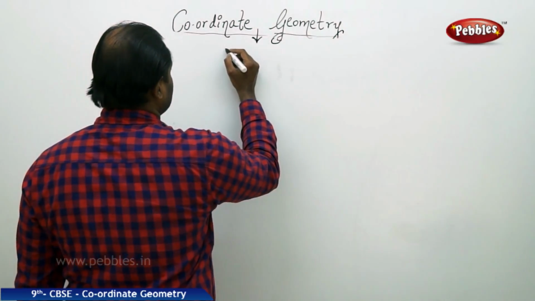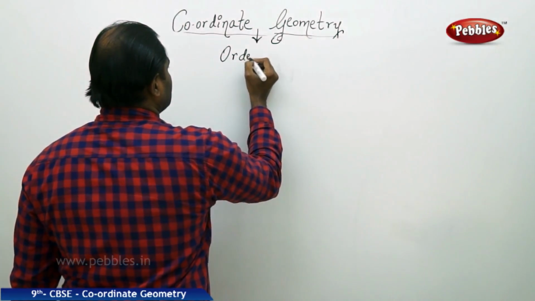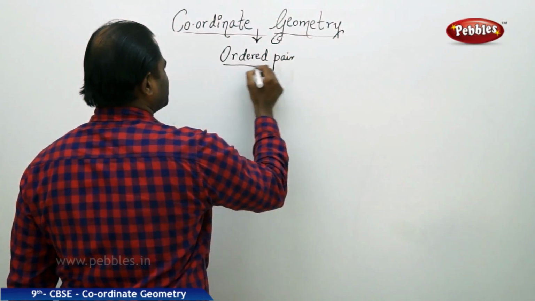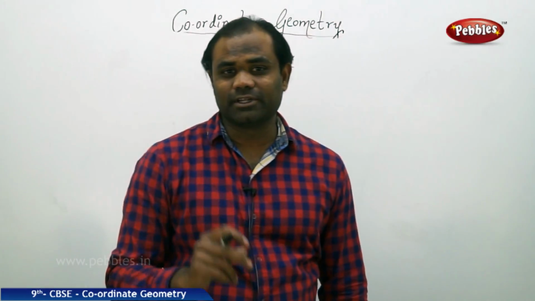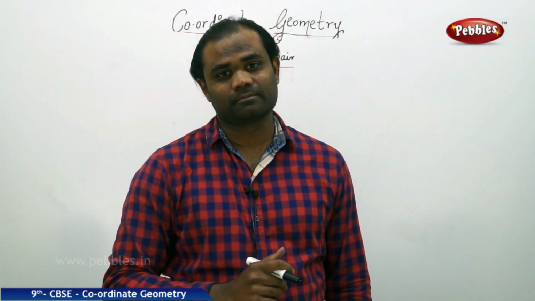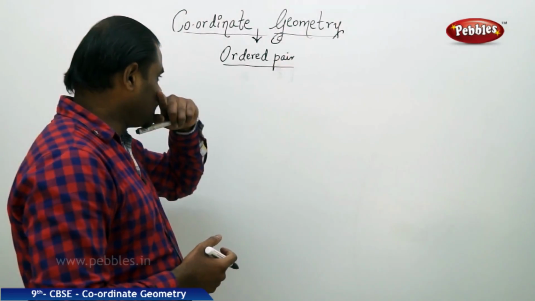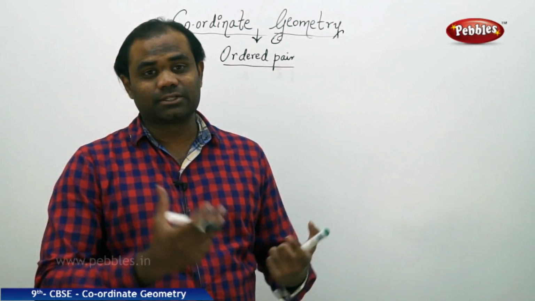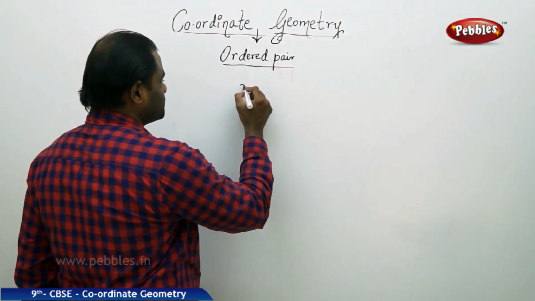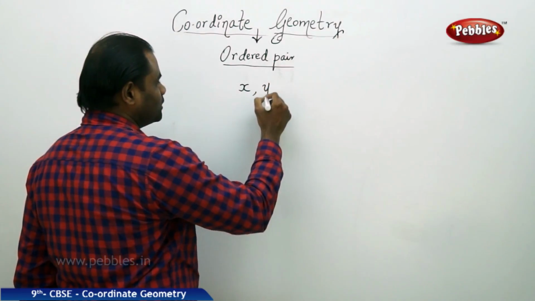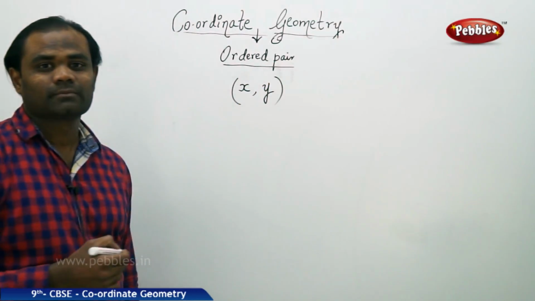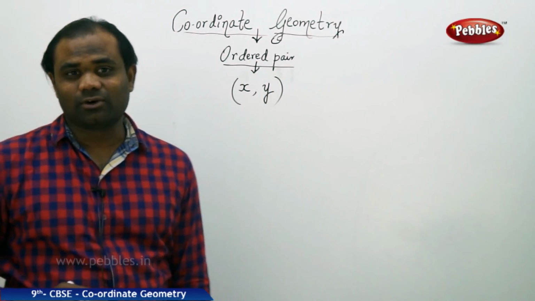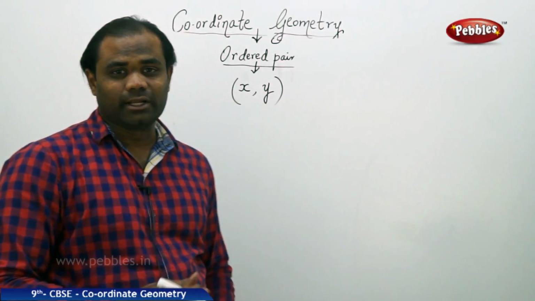As we have seen through the coordinates, here comes the importance of identifying the definition of an ordered pair. As we all know, a pair is a combination of two different objects taken together. Here the pair refers to the x value and y value taken as a pair. So an ordered pair refers to the x and y coordinates, or the abscissa and the ordinate, taken in the